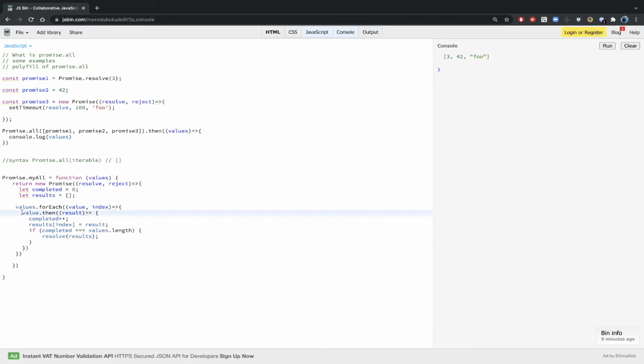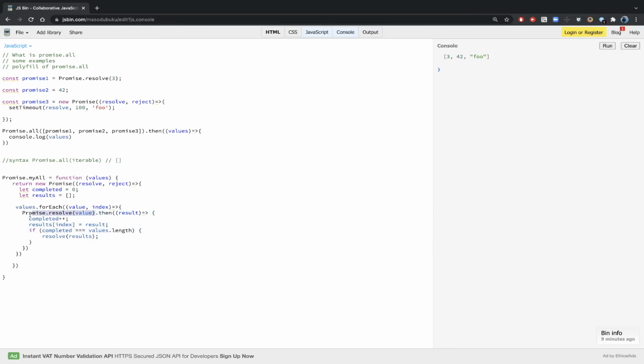What we'll do is make use of Promise.resolve, and we'll wrap this value inside Promise.resolve to make sure that even if we get a normal value, we make it a promise. We have basically promisified this value.